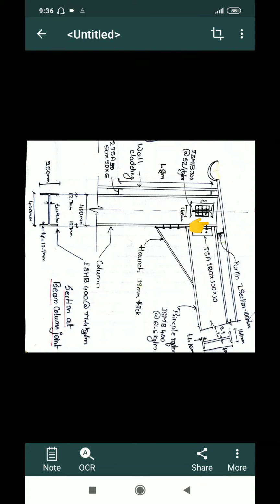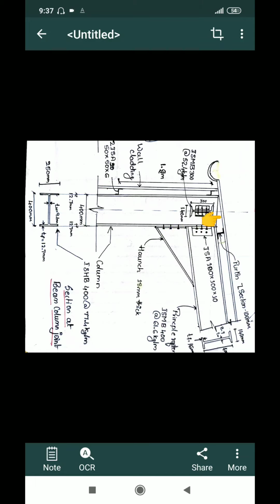So this is how a moment connection is provided, which rigidly connects the beam with the column, but it may not be sufficient to carry all the loads and the moments. So what we can do is also provide a haunch. This haunch I am providing for a depth of 400 mm and for a length of 800 mm. The haunch may be of I section, and I am using an 18 mm thick plate I section, and I am connecting it with another plate with bolting.